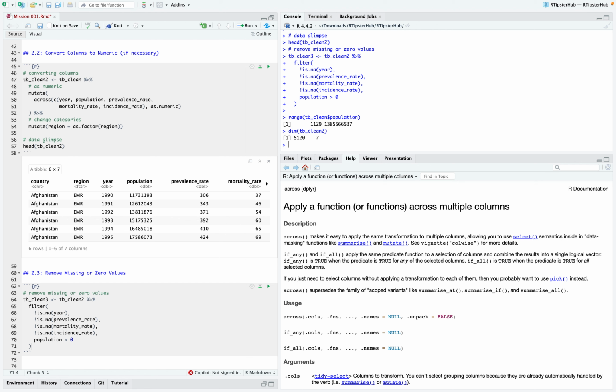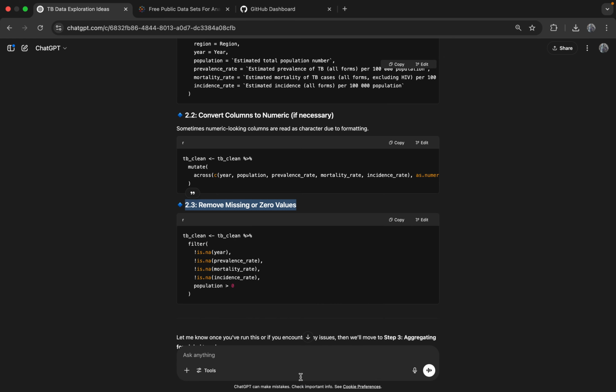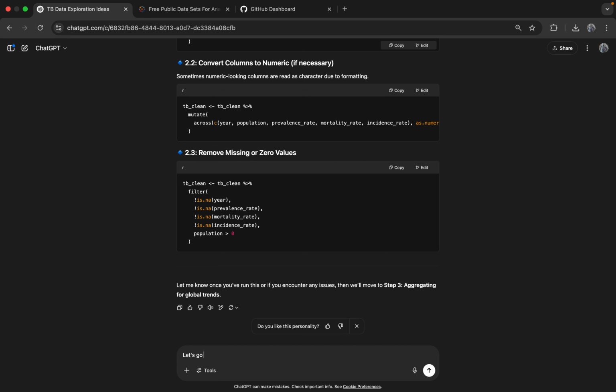We see it has 5,120 rows and 7 columns, and then check TB clean 3, and we see it has the same number of rows and columns, which means this chunk of code has not done anything of value, but it has allowed us to rule out the presence of NA values, missing values, or even values that are 0. So we're good. So we tell it, let's go to the next,